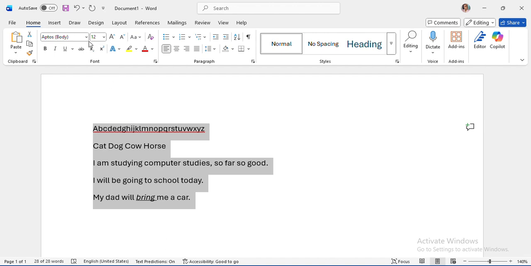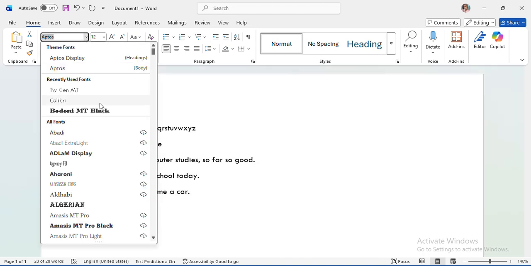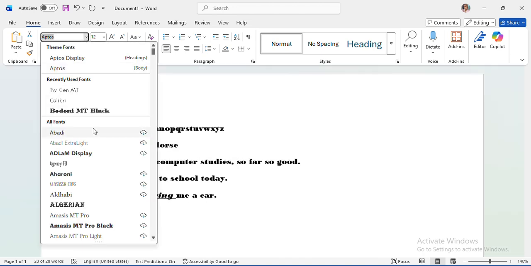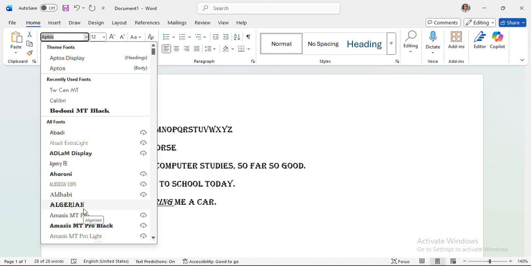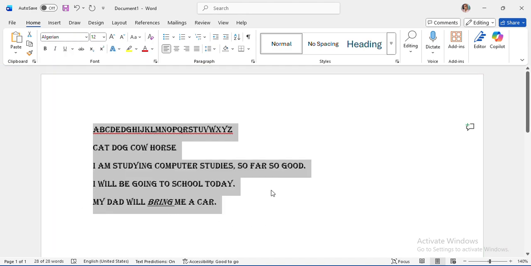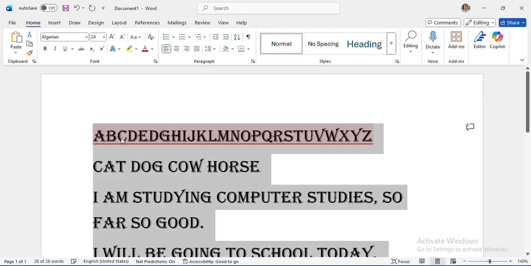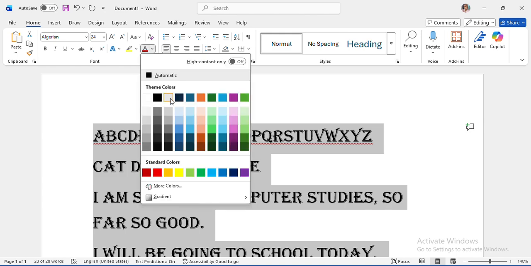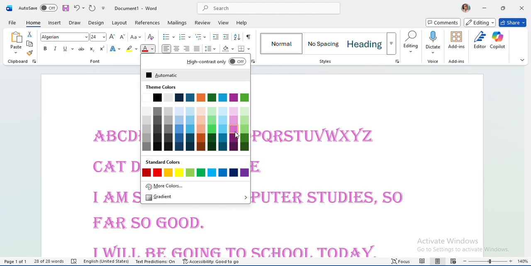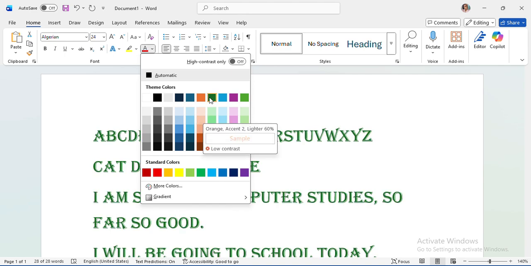To change the font size or font type, you come here and you can select the type of font that you want your document to have, and you can as well change the sizing to whatever size you want. To change your font color, you just come here and you can change to whatever color you want. For my case, let me just choose this color.